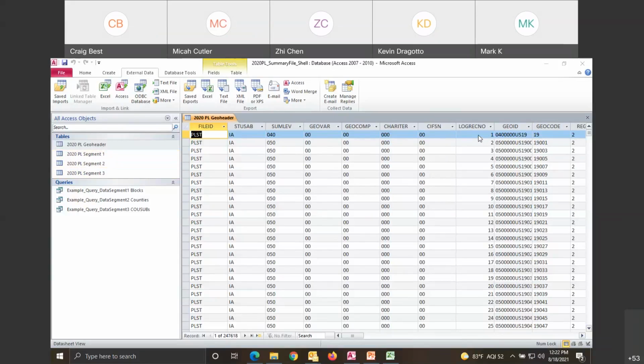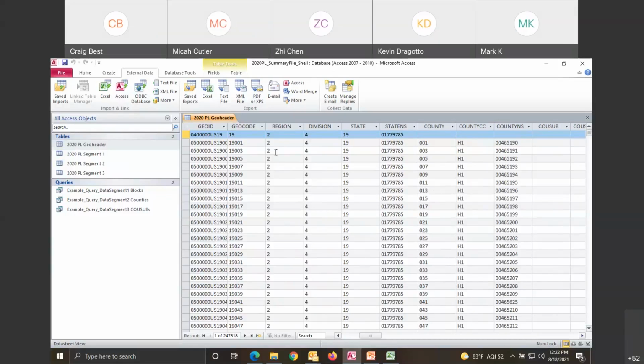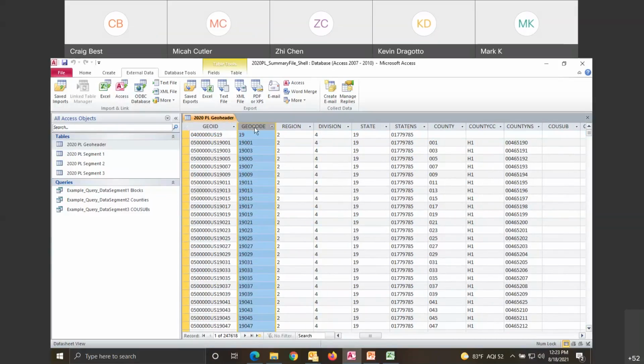So this record, the first record here, happens to be for the state of Iowa. Logical record number 1, you can look that up in these other 3 files and see the data for that particular record number. I'll demonstrate how those are linked together here in just a bit. Let me scroll across. If you're going to map this to one of the census geography files, you're going to have a geocode. And the geocode is the link, the connection between the shape files and our data. So that part is important to get.